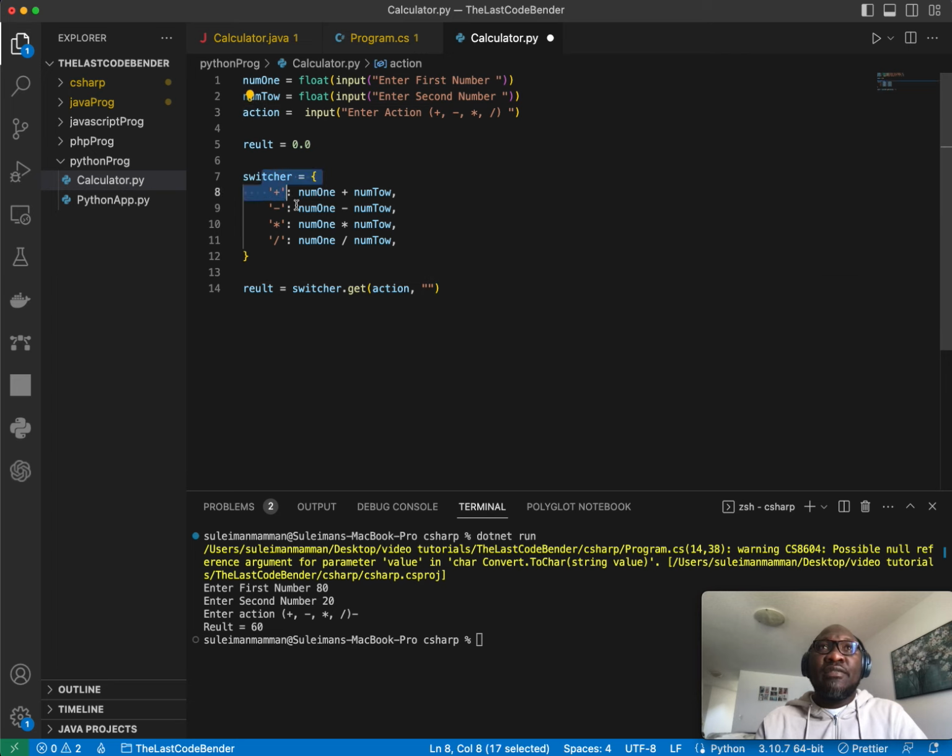So if any of this did not meet, like this switcher dot get, if the action is not any one of these, plus, minus, times, and divide, it is going to print out invalid action selected. Okay, that's it. And then else here, if everything is fine, we're going to do if result,